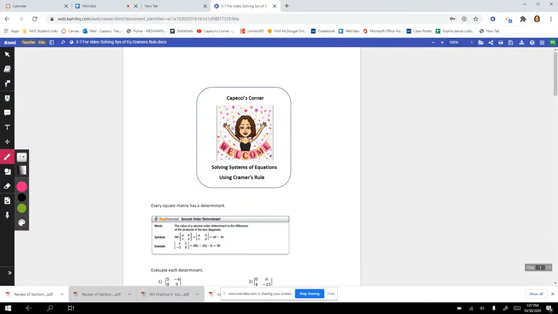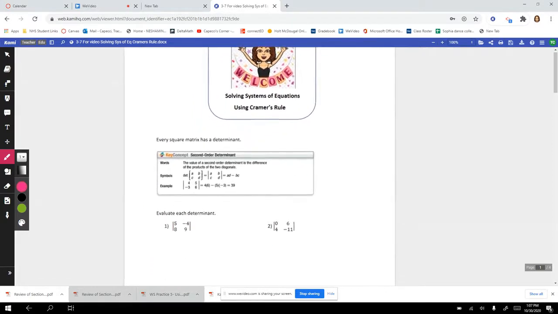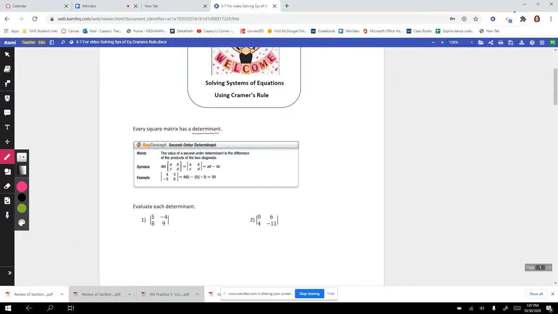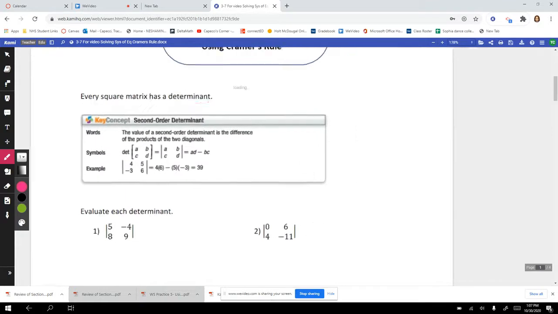Today on Capechi's Corner, we're going to look at solving systems of equations using Cramer's Rule. So there's a couple things we have to do before we start using Cramer's Rule. Okay? Each square matrix has something which we call a determinant. And what that is, you can see,